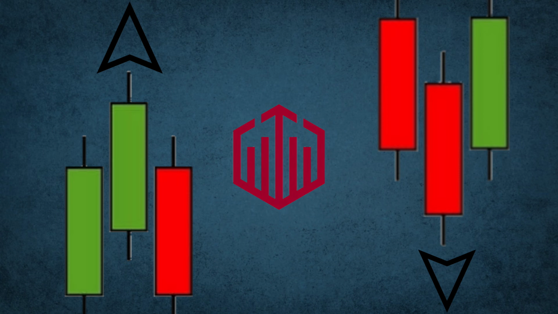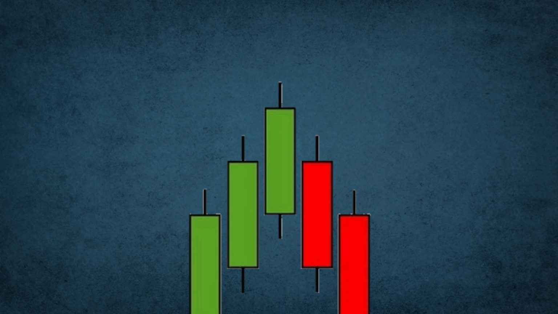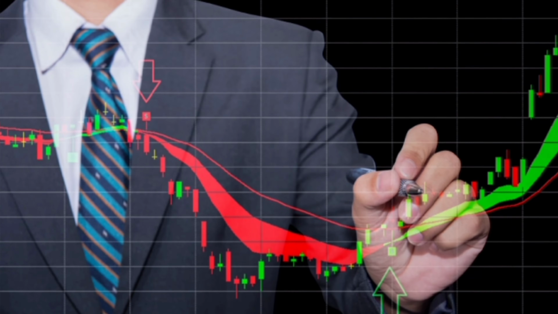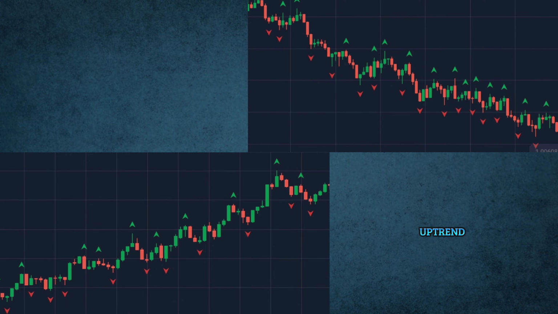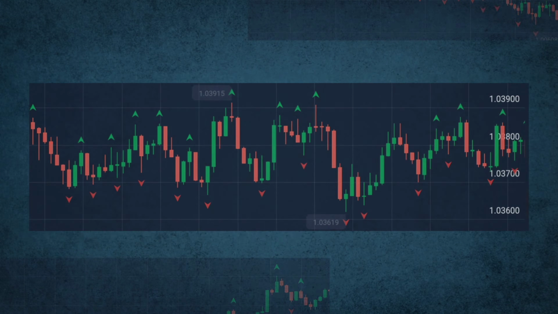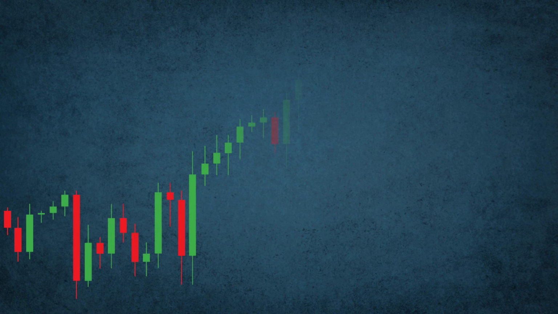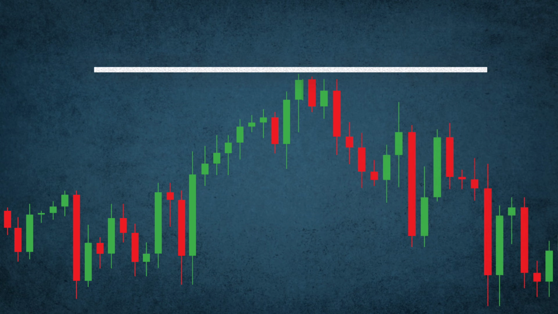bullish fractal. A bearish fractal pattern signals the price could move lower, and a bullish fractal pattern signals the price could move higher. It is used in technical analysis to find the potential trend, whether it is an uptrend or downtrend, or not even moving in the trend. Also, it helps to find the reversal point in the market.